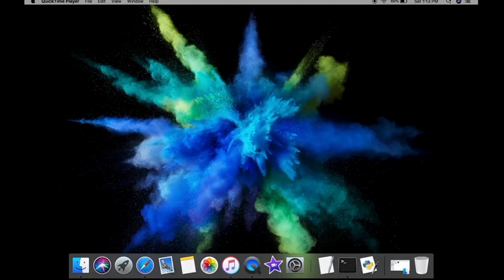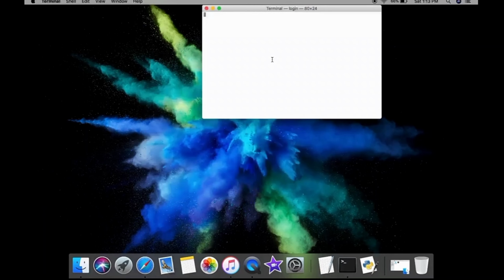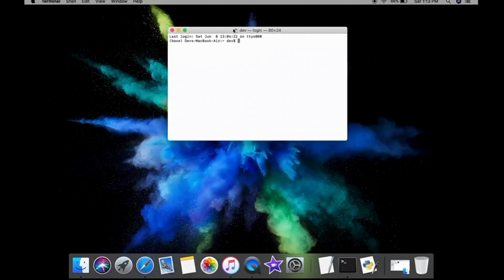Now first of all, you see this search bar here on the right top corner. Open that one and search terminal. This terminal is like the command prompt on Windows. And here in the terminal you can write any program, you can read any program, and also you can run any program. And whatever language you are using, the terminal will work.